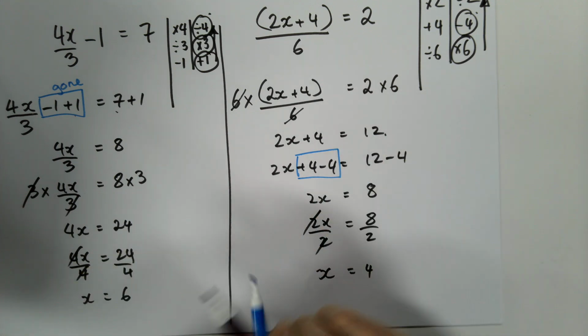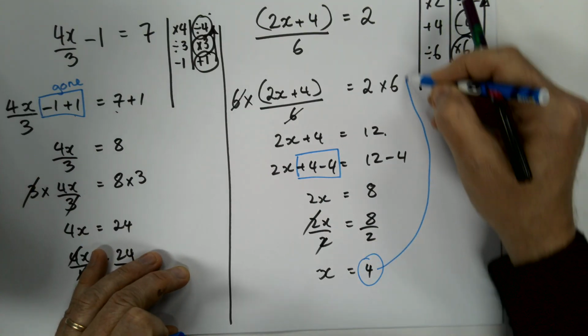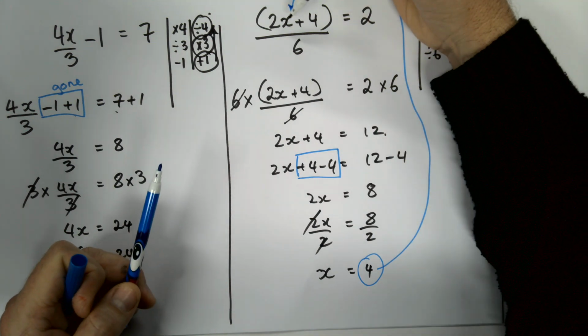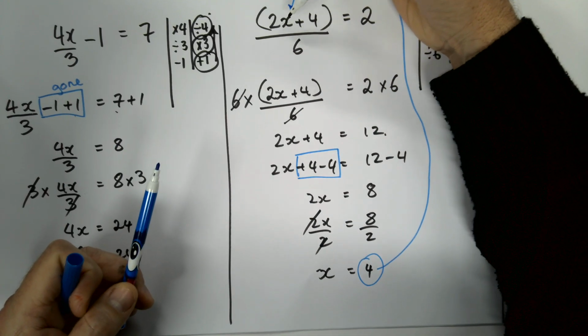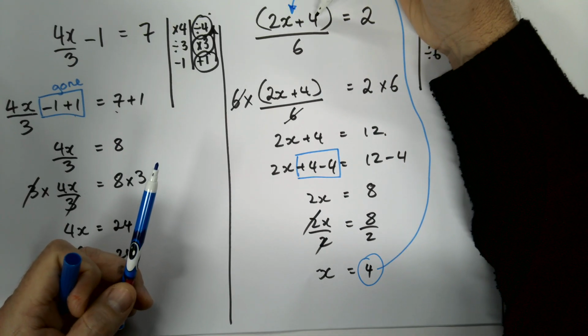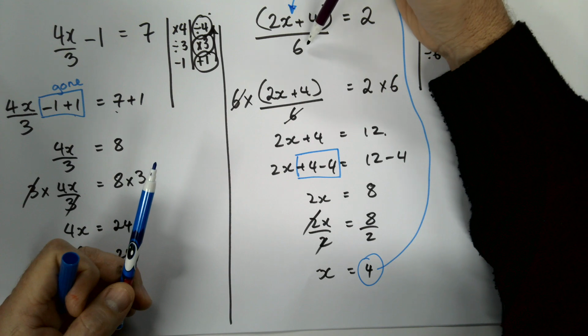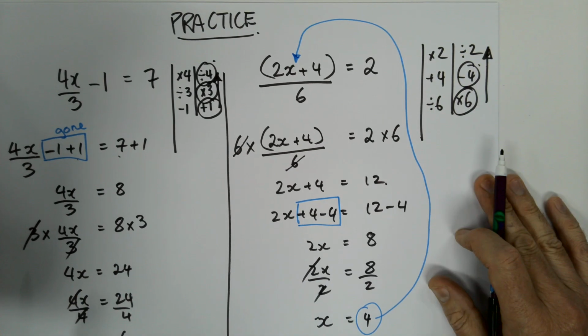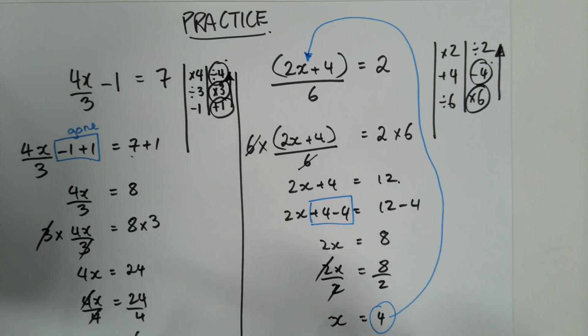Let's just check this one. I didn't check that one over there, but let's put that back in. 2 times 4 is 8. 8 plus 4 is 12. 12 divided by 6 is 2. It works. Okay. If you can do those, then you are pretty well set up for just about anything that